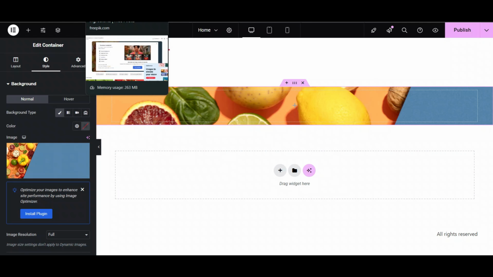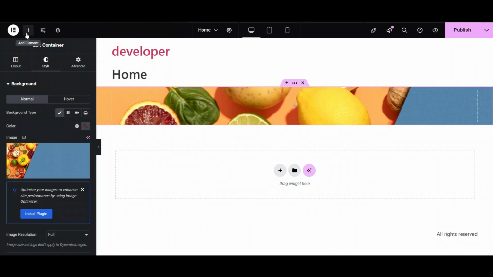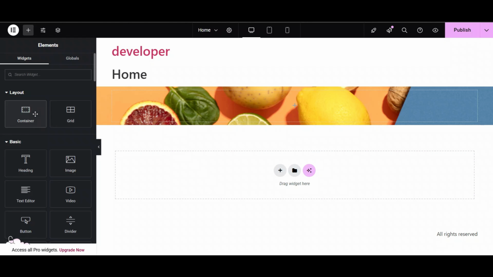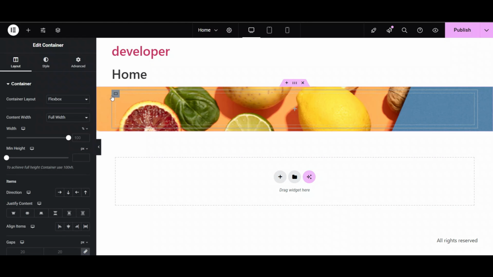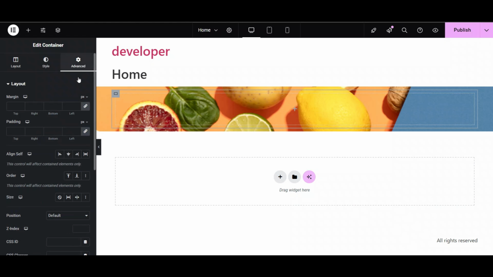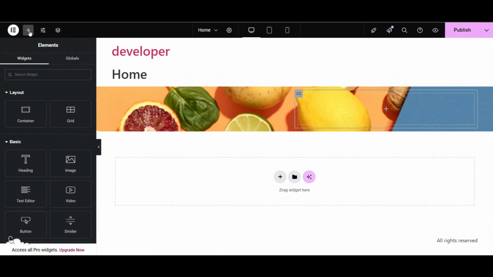Okay, now we want to create a banner. For that, we need to add heading, text, button. Click on add, click on container. We will add container in it. What will the width be? Width will be 50%. And then we will add left margin in percentage up to 40% so that the content will be aligned on right side. Here you can see.